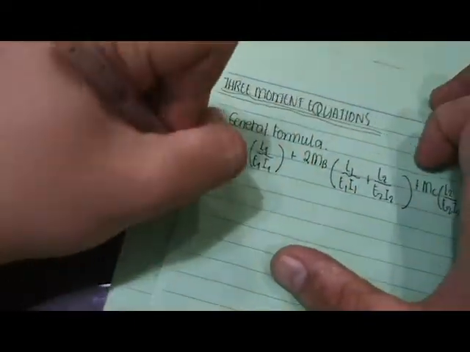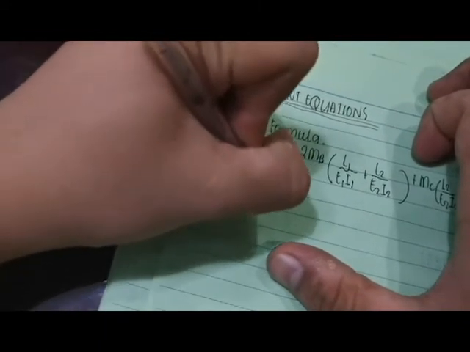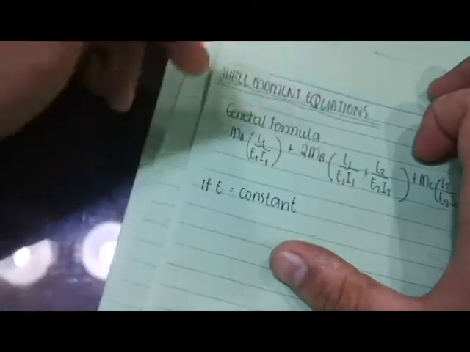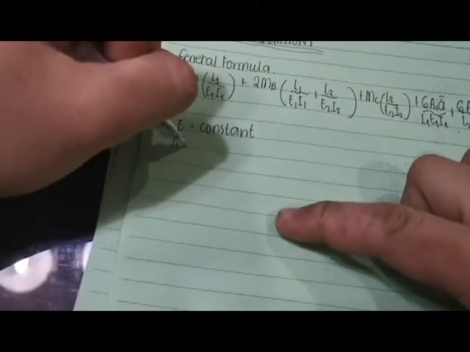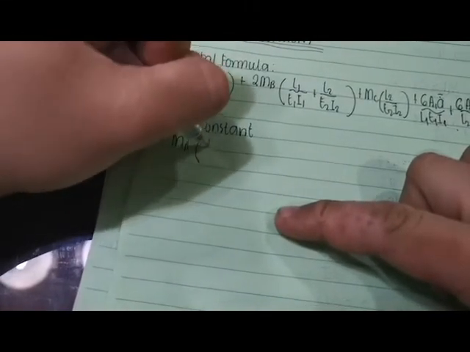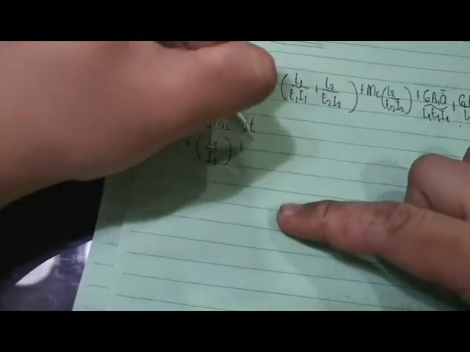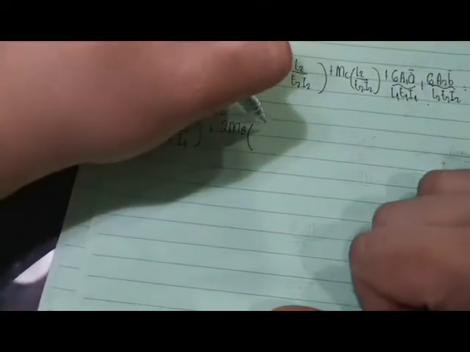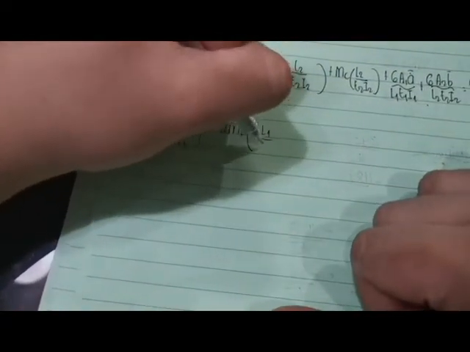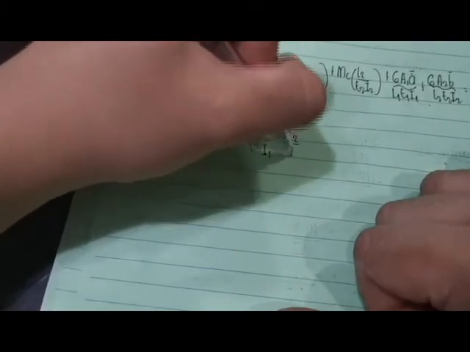If E is constant, MA times L1 over I1 plus 2MB times L1 over I1 plus L2 over I2,